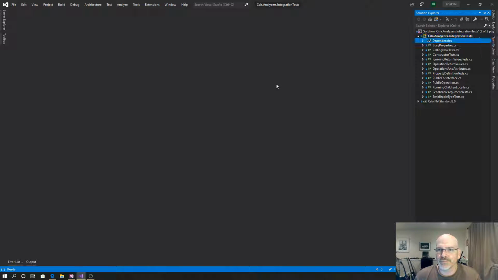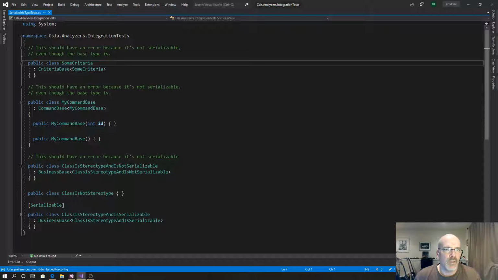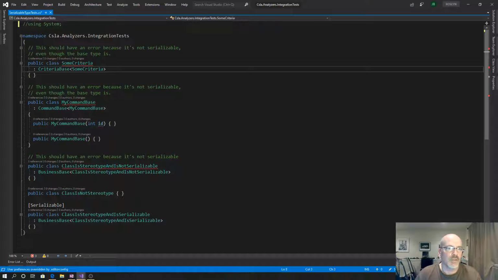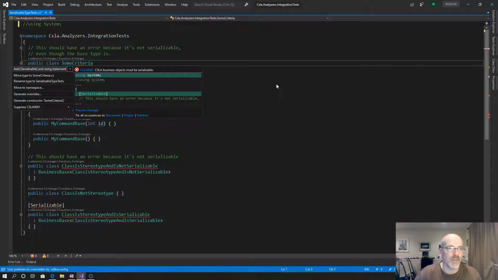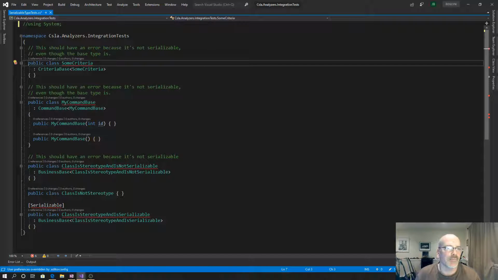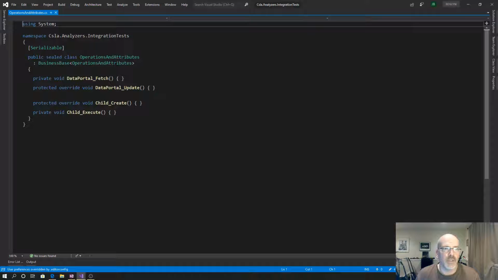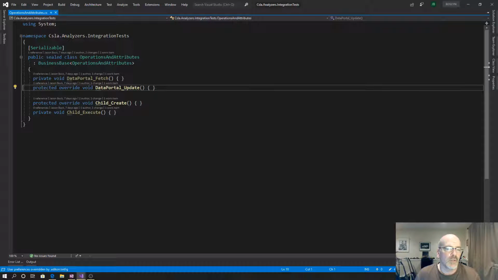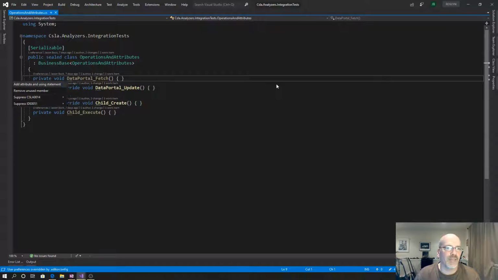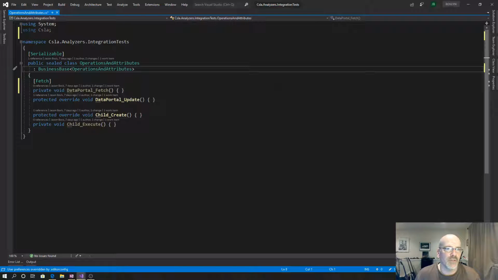All right. Serializable type tests. Okay. This should have an error because it's not serializable, even though the base type is. So this is adding serializable, right? But if I take this off, then what it should be is add serializable and using statement. Yeah, because why would you not want that? Okay, so that's good. File close. What about operations and attributes? Oh, well, what's going to happen here is it's going to say that, but then it's going to say that's redundant because you don't need it, which is okay,